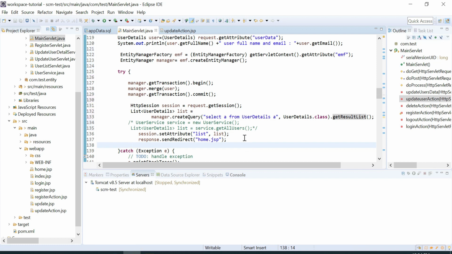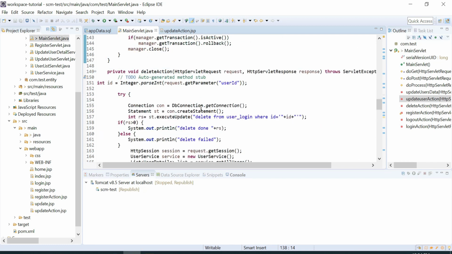So now we can save this, and we also have to change the delete operations.